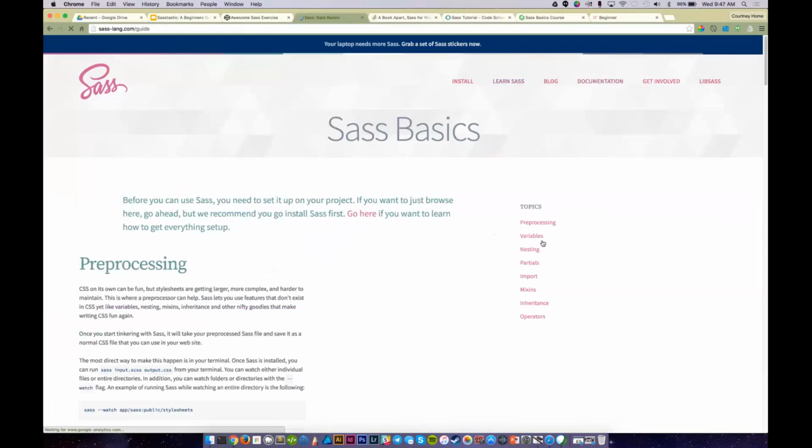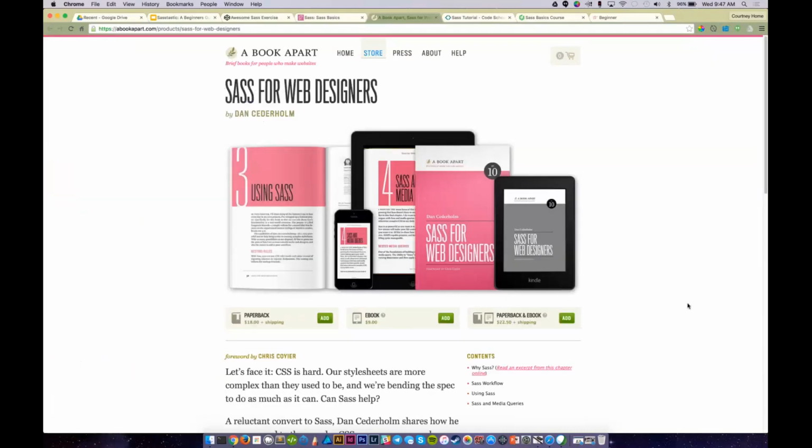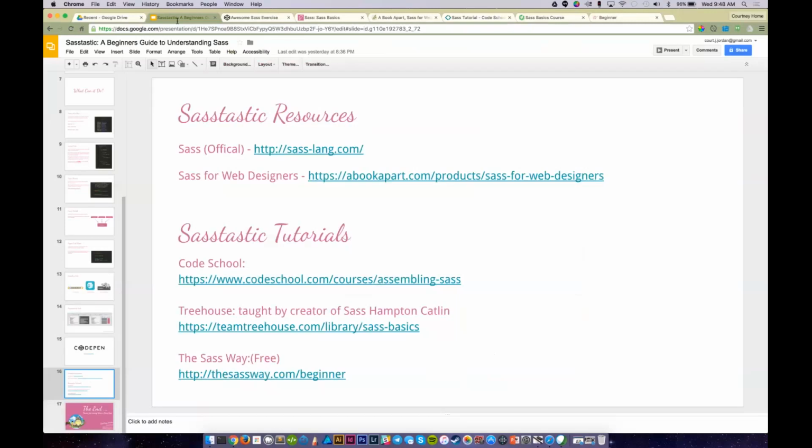There is also Sass for Web Designers. I've actually read this book and own this book. It's really awesome. It's great for when you're learning SASS. It gives a pretty good introduction, and it's pretty well-rounded. So, let's see. Code School. Now, Code School you have to pay for, but it's pretty good. I've used Code School in the past. They have a couple free. Well, they have one free course based on a foundation, and I mean it's pretty good.